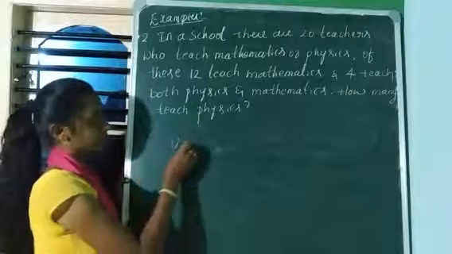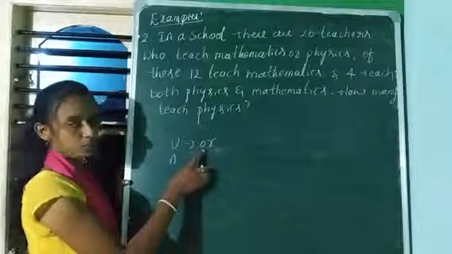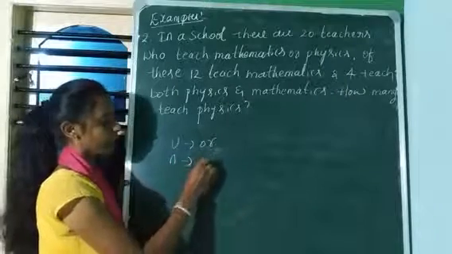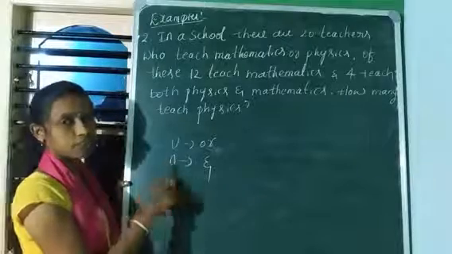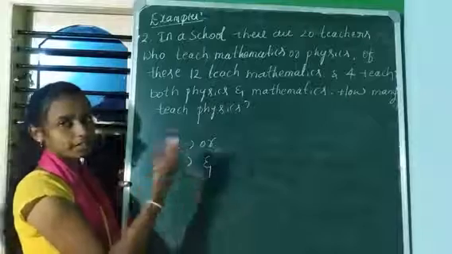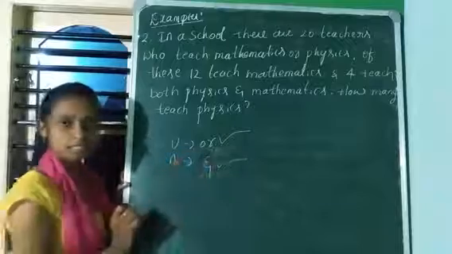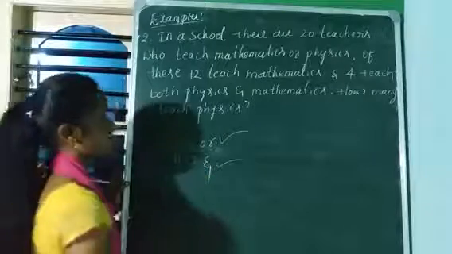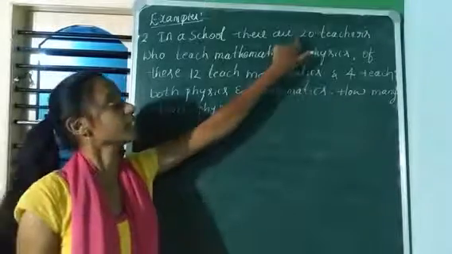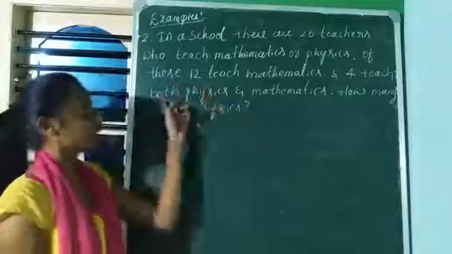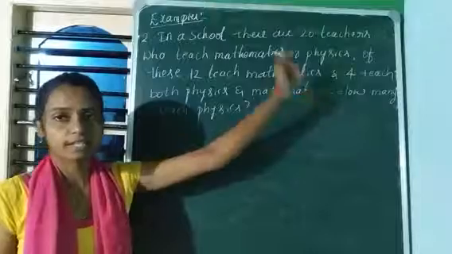Okay, I'll make it clear, union and intersection. When it is a union, it will be like an or: either this or that. Intersection is nothing but and: both, this and that. So intersection is both. So union is either this or that. So or means union and and means the intersection. Now here where or is there, it's nothing but 20, you need to take it as a union. Here and is there, both and, that's nothing but 4, you need to take it as an intersection.